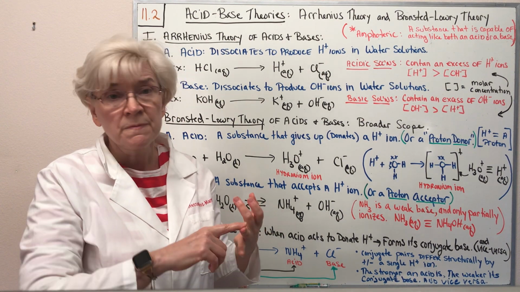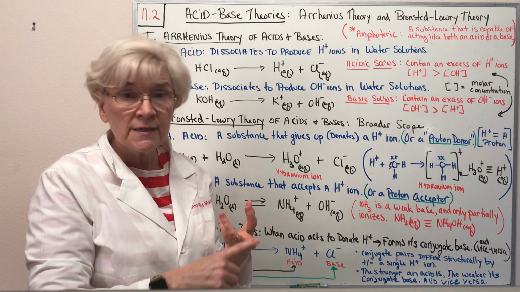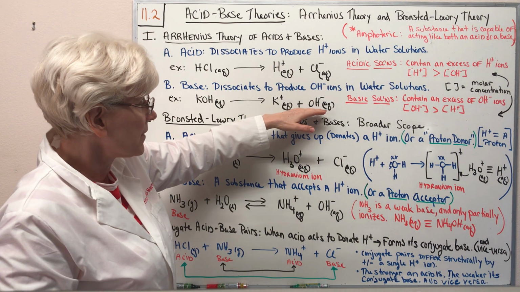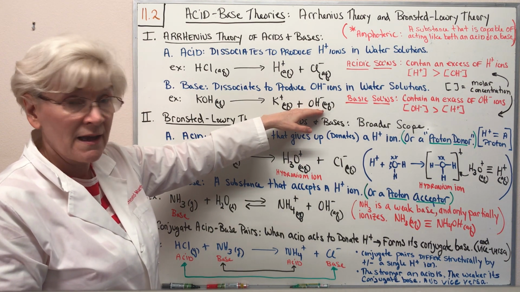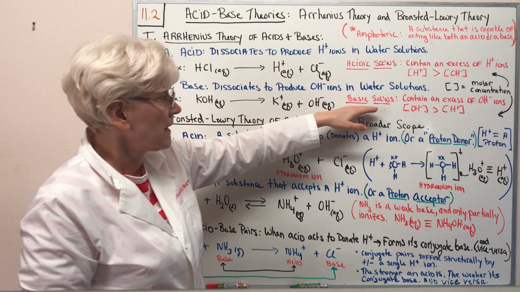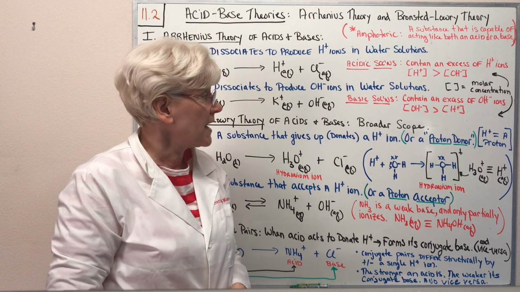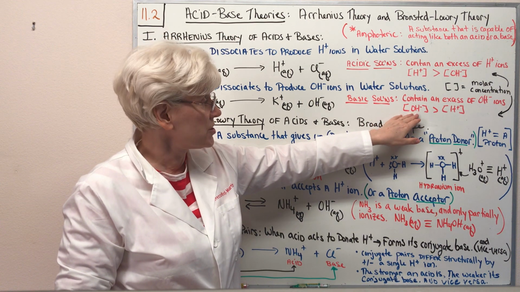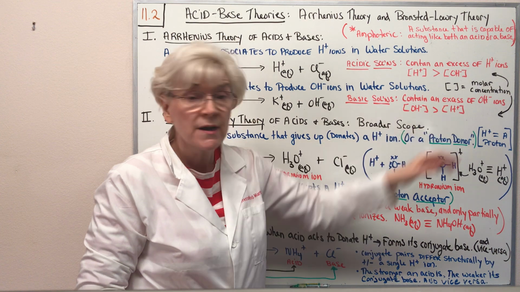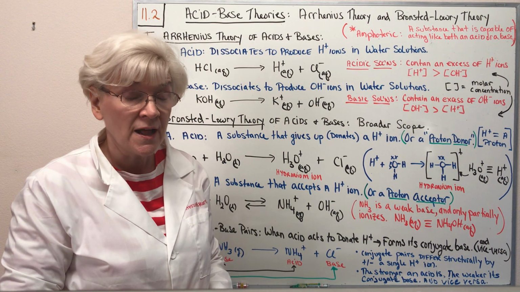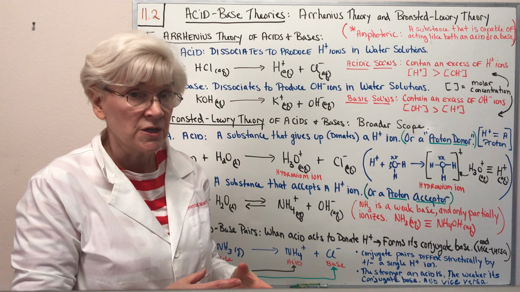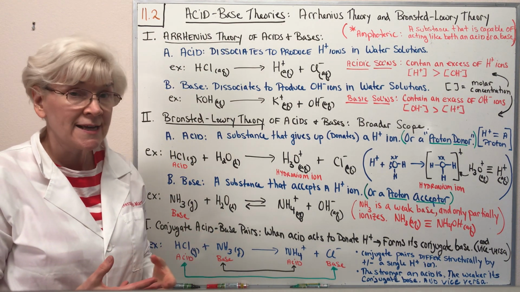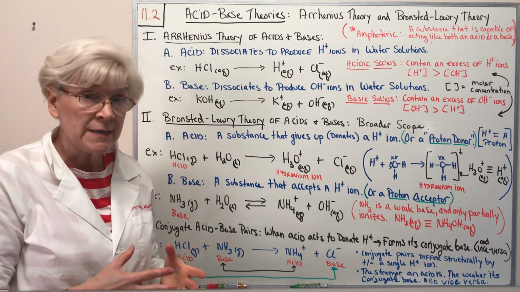They taste bitter, they feel soapy, they turn litmus blue, they turn phenolphthalein pink, right? These properties are the result of hydroxide ion being present in solution. So basic solutions contain an excess of hydroxide ions. The molar concentration of hydroxide ion is greater than the molar concentration of hydrogen ions in basic solutions. So the Arrhenius theory, the earliest theory of what an acid and a base is, but somewhat limited in its